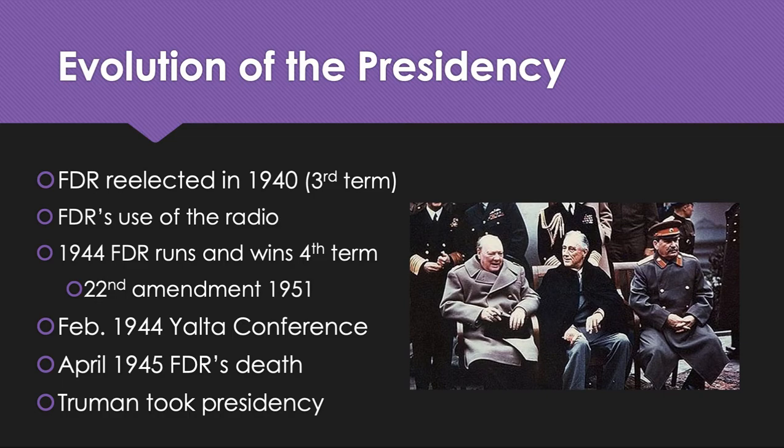In February of 1944, the Yalta Conference is going to be held. We're going to see the three leaders meet here to coordinate the next phase of the war against the Axis powers in Europe and the Pacific. This is also called the Tehran Conference because that's where it took place. The United States and Britain are going to commit to an invasion of northern France, opening up another front of war against Germany. Stalin, meanwhile, is going to agree to join the war against Japan in the Pacific Theater after